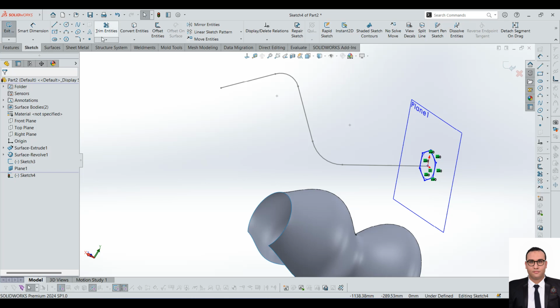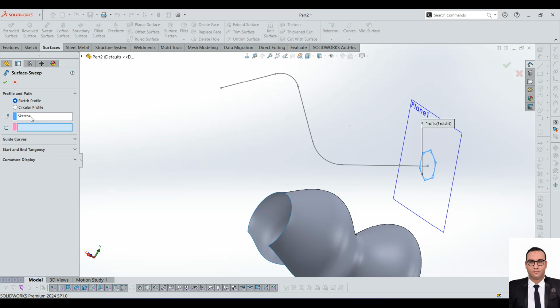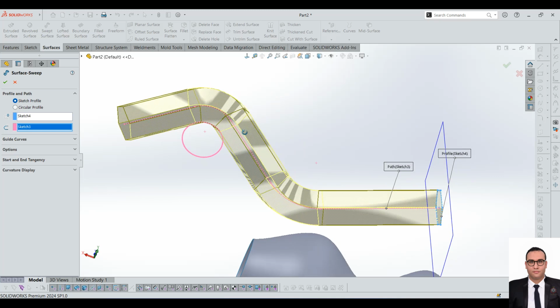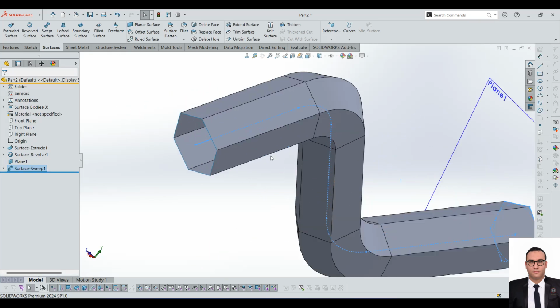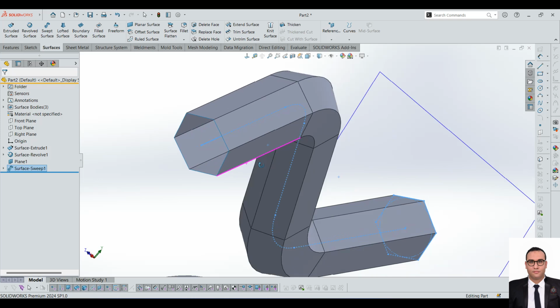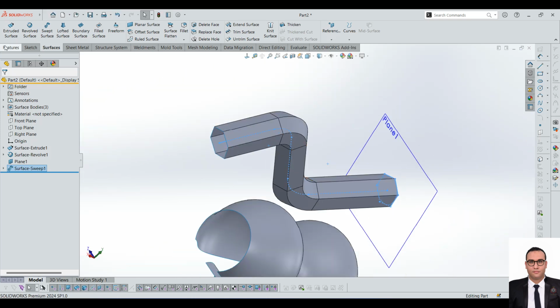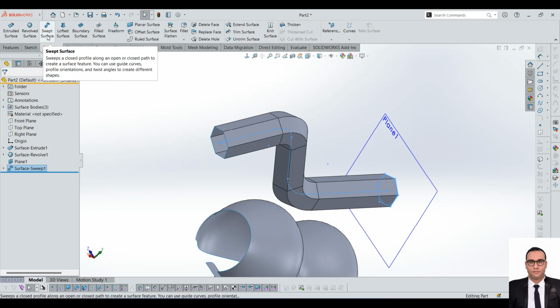Let's go to surfacing and select the sweep feature, select the profile, and then select the path, and it is done. The same thing can be done by the sweep boss feature here, but